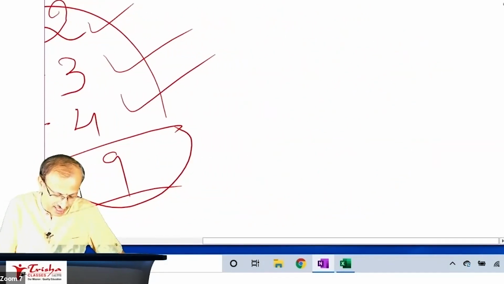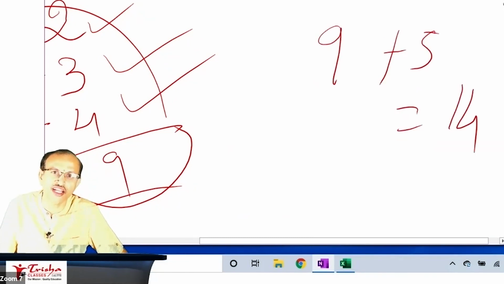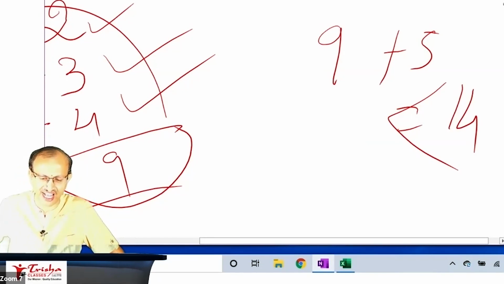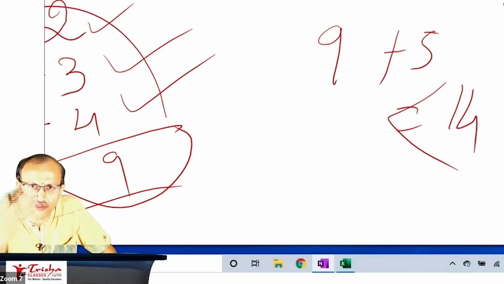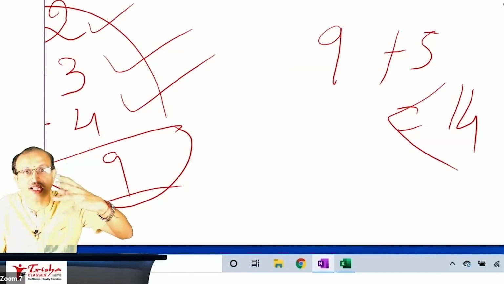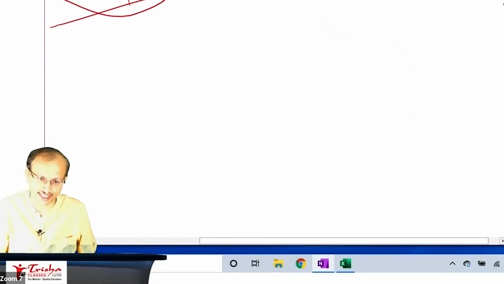One fellow told me, Gopal sir, 9 plus 5 is equal to 14. I told him he is wrong. Whether both 9 and 5 are received today, no. If you receive after 1 year and after 2 years, then it is much less than 14. Am I making sense to you? Am I bringing the concept of TVM to your mind? How much value, I will find out. But are you able to understand what exactly I am telling you? Okay. I'll give one more interesting example.